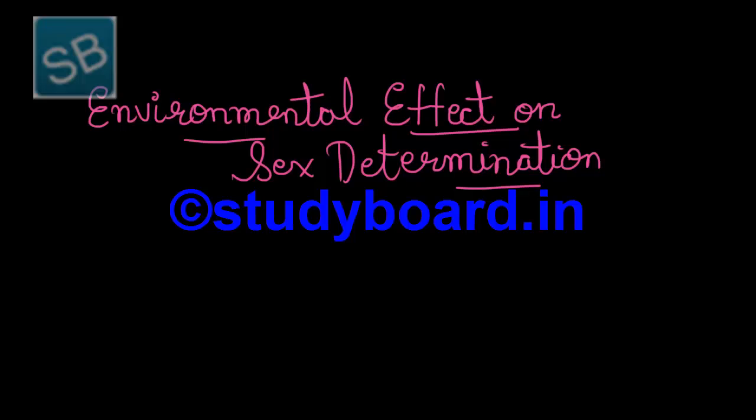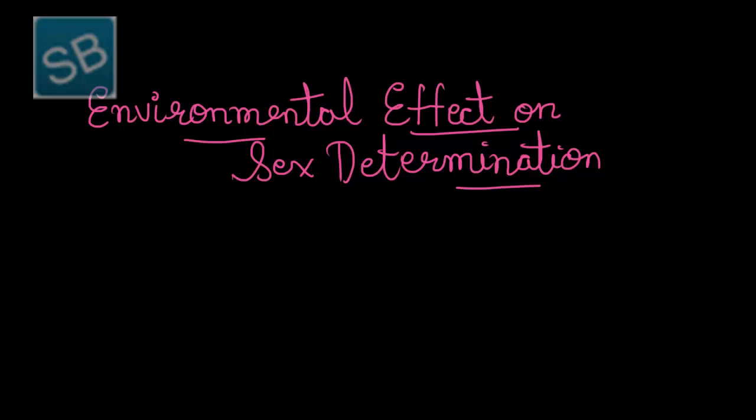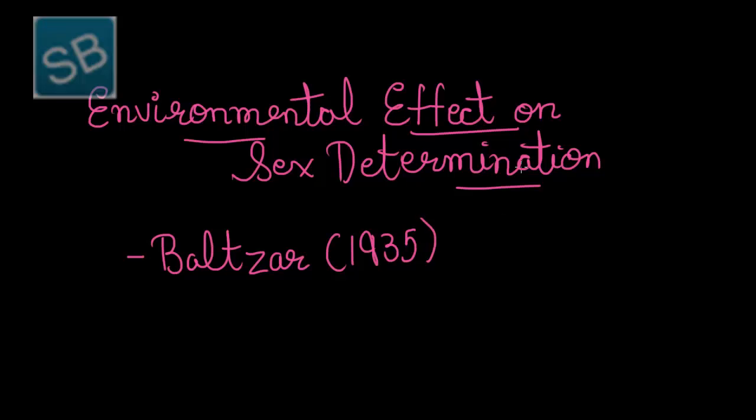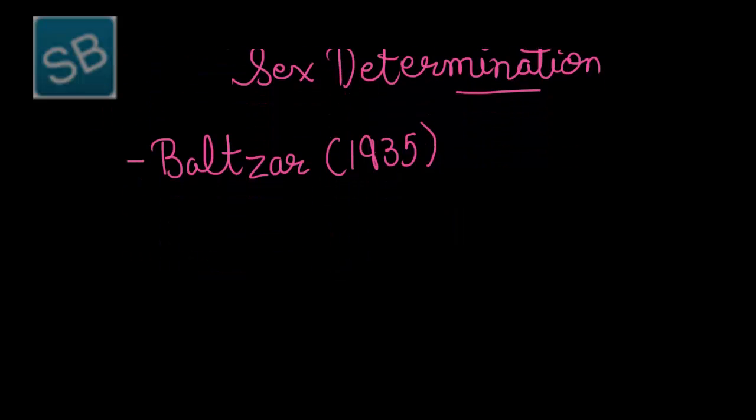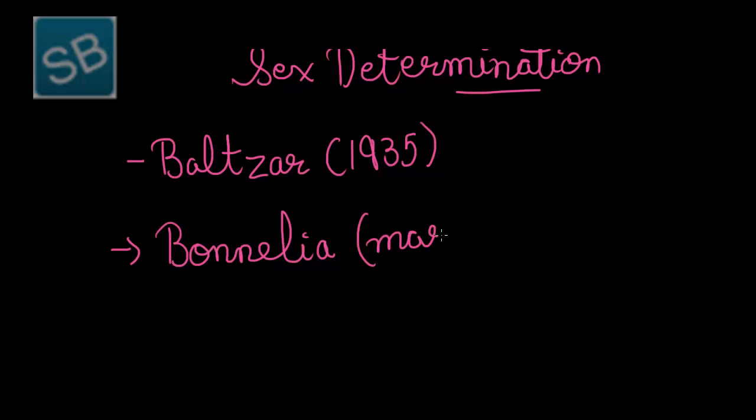The fourth type of theory that was proposed in order to understand sex determination is the environmental effect on sex determination. This theory was first proposed by a scientist named Baltzar in the year 1935. According to this theory, environment plays a major role in the animals that helps in identifying their sex. In order to study its environmental effects, Baltzar took an animal named Bonellia as an experimental base. Bonellia is a marine animal